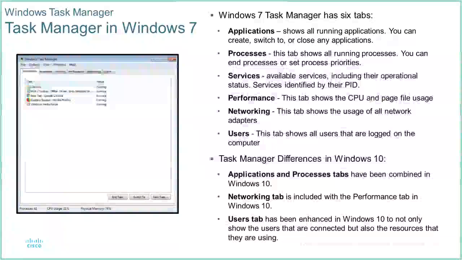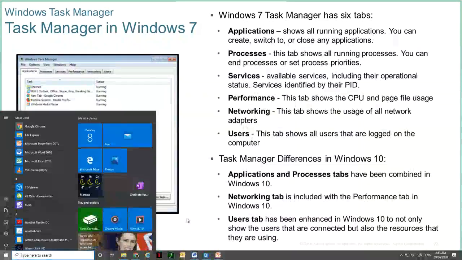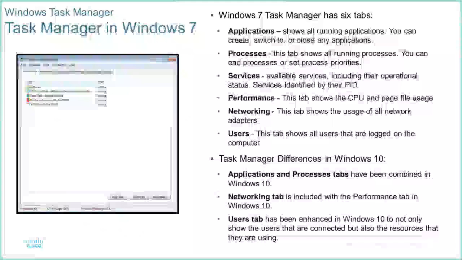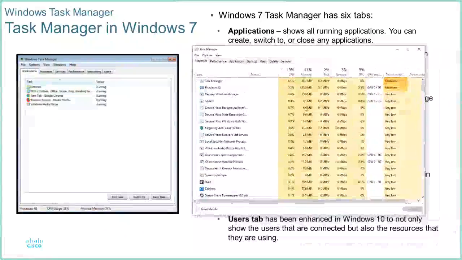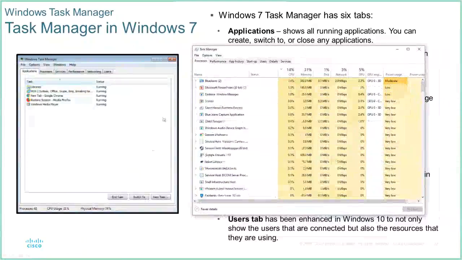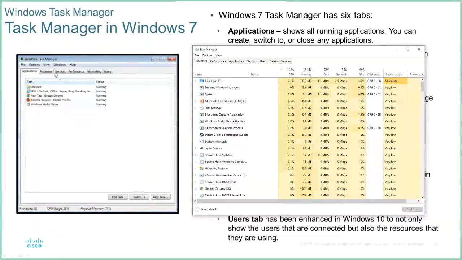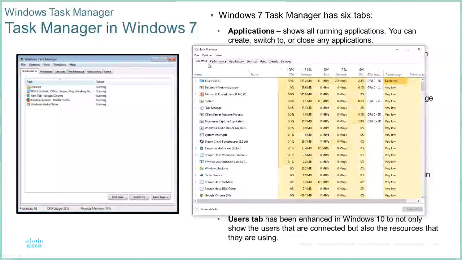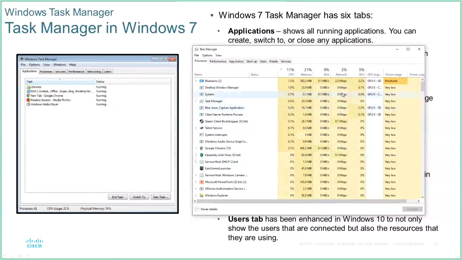Okay, so the task manager hasn't changed a great deal from 7. Looks a little bit different. For example, I'll just pull this one across. So, the borders and that comes from themes, but your applications, processes, services, they're a little bit different menus, but basically you've got your CPU usage, memory, network usage, and